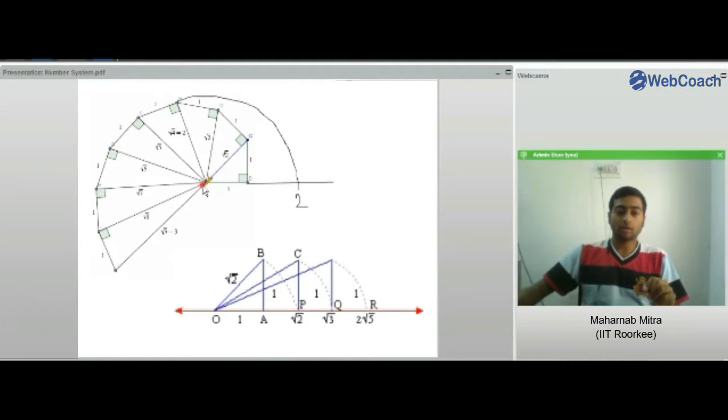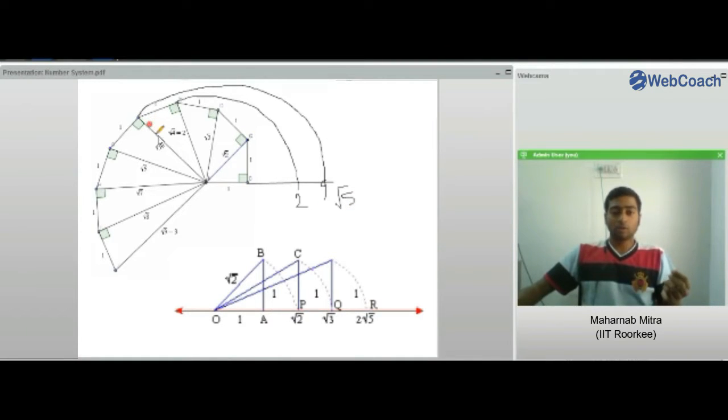And what we are doing, we are taking the 0 point as the center and then with the help of a compass drawing a circle which cuts the straight line at a certain point here, right? So here we get the value of square root of 5,